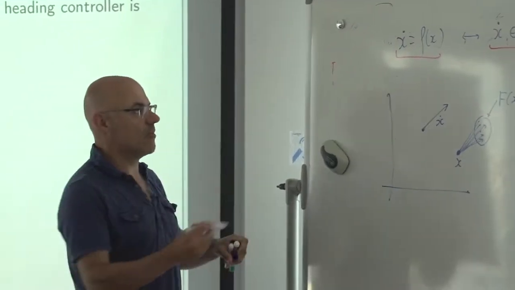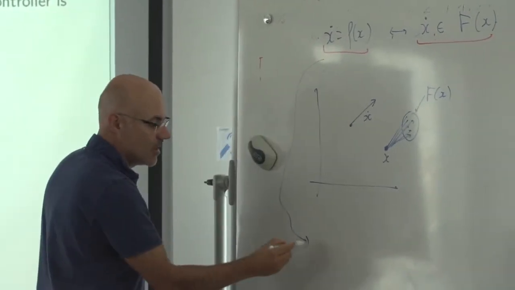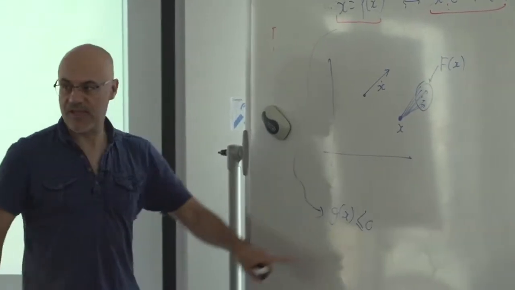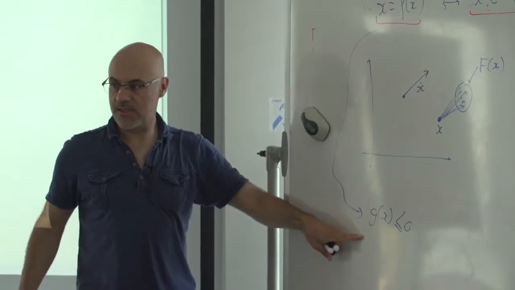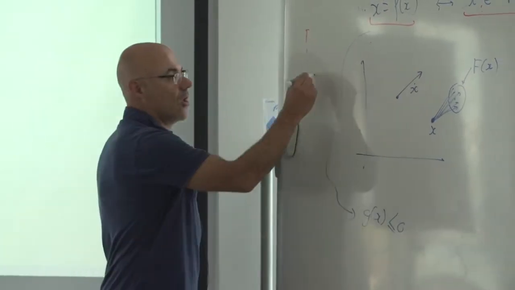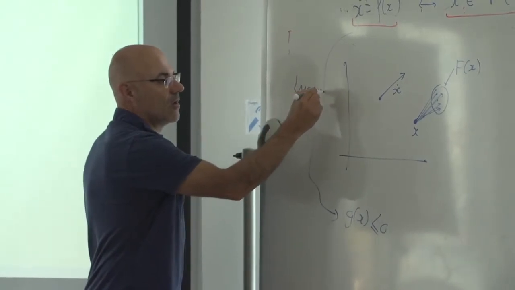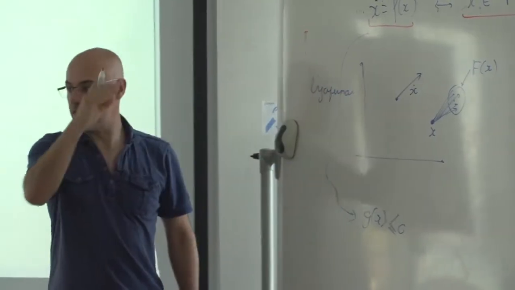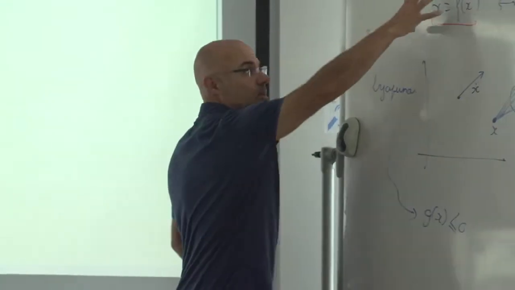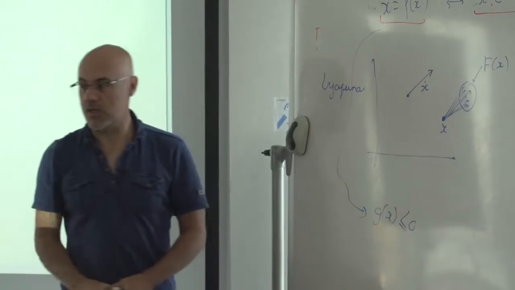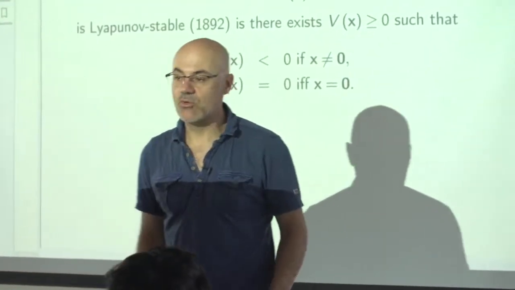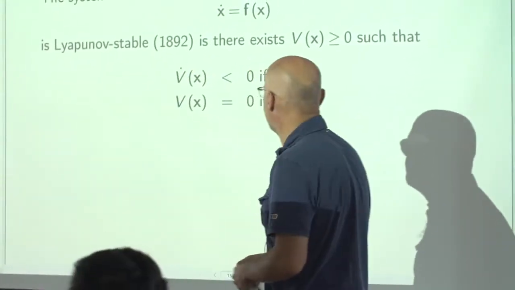You can transform this problem into inequalities without derivative. From this to this, you need what we call in control theory a Lyapunov approach. So more than 100 years ago, Lyapunov proposed some methods to go from one differential equation to an inequality. The Lyapunov approach was proposed for stability.